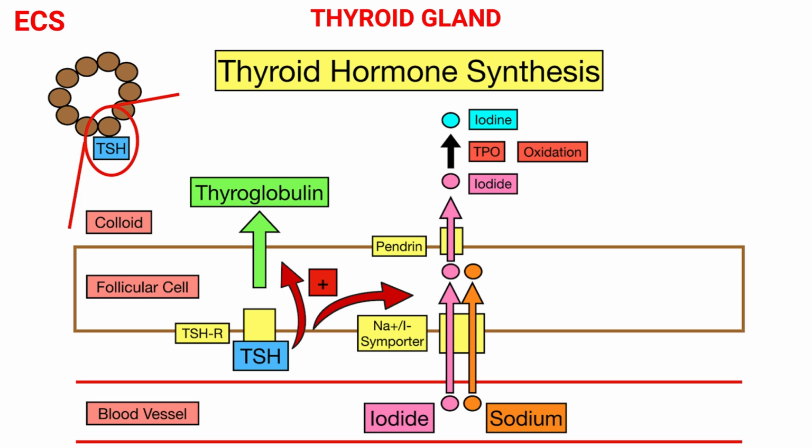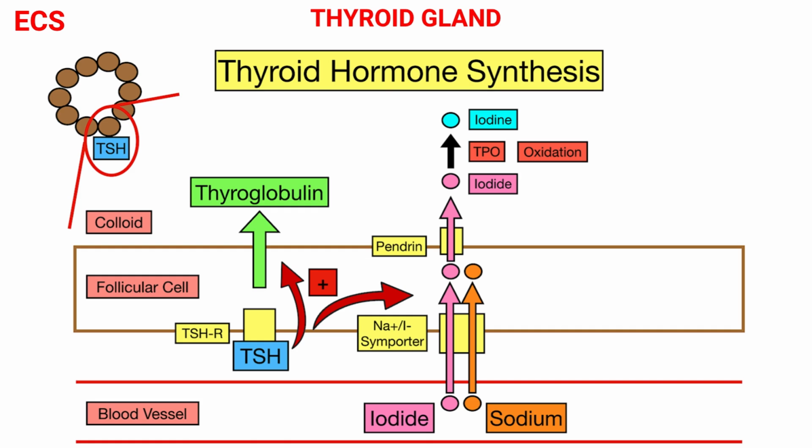Iodine travels in the blood as iodide, which is taken up into the follicular cells by a sodium iodide symporter. Iodide then travels from within the cell into the lumen through the action of pendrin, which is an iodide chloride antiporter. In the follicular lumen, the iodide is then oxidized to iodine. This makes it more reactive, and the iodine is attached to the active tyrosine units in thyroglobulin by the enzyme